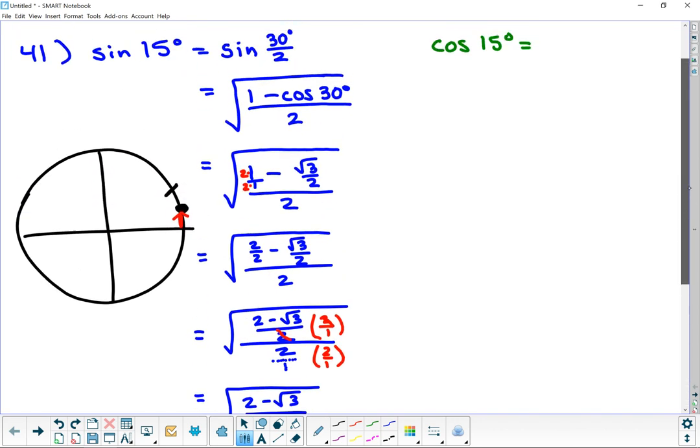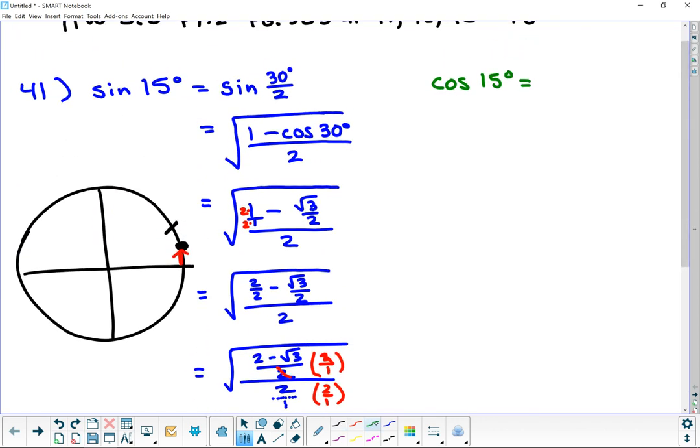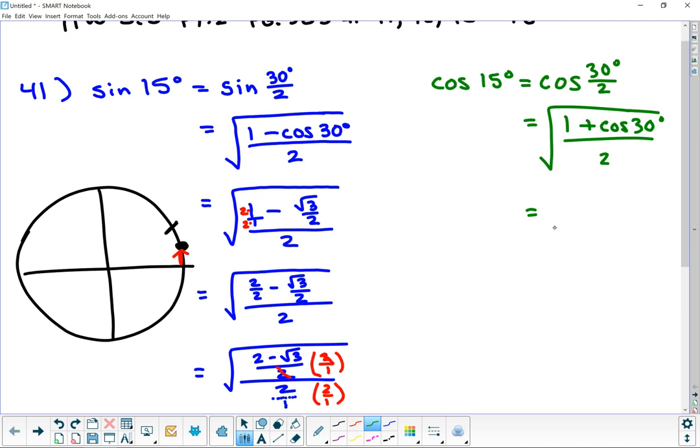Okay, cosine is very similar, except you start off with green. Except you start off with cosine. So cosine of 30 degrees over 2. This is going to equal square root of 1, and then the cosine is going to be a plus cosine 30 over 2. And I can pretty much just copy all of these steps down. This is going to equal square root of 1 over 1 plus